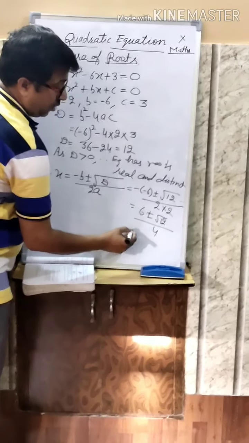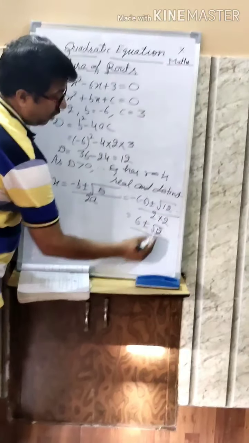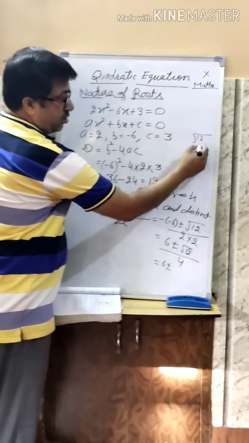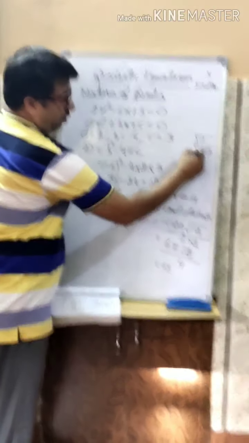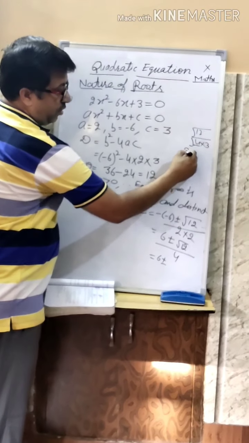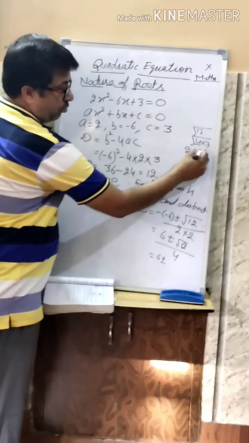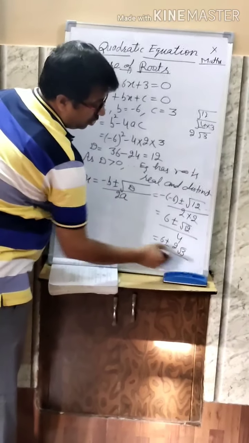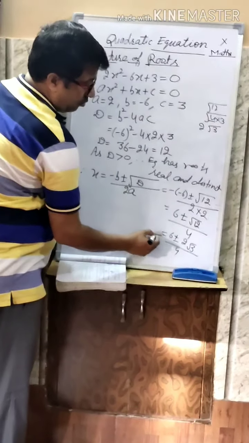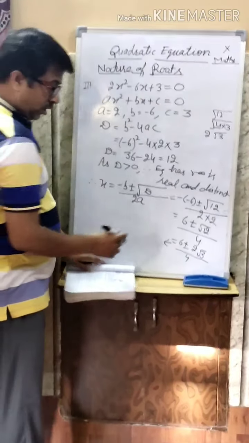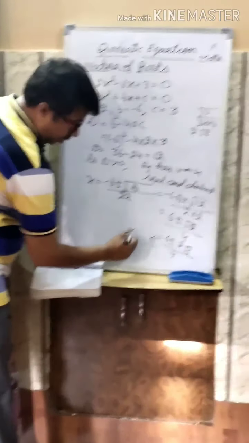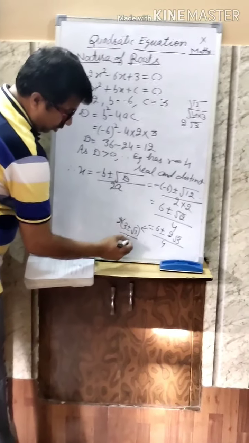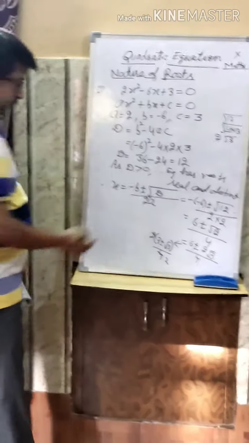So first you make the factors of this 12. 12 means 4 times 3 is 12, and the 2 comes outside the root as a square, root of 4 is 2. So you can write 6 plus minus 2 root 3 upon 4. So what will you say? You can take 2 common, that is 3 plus minus root 3 by 4. This 2 is cancelled.